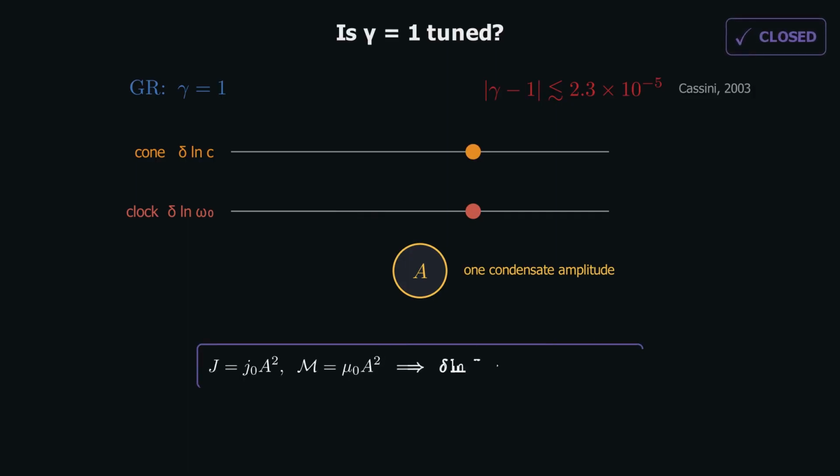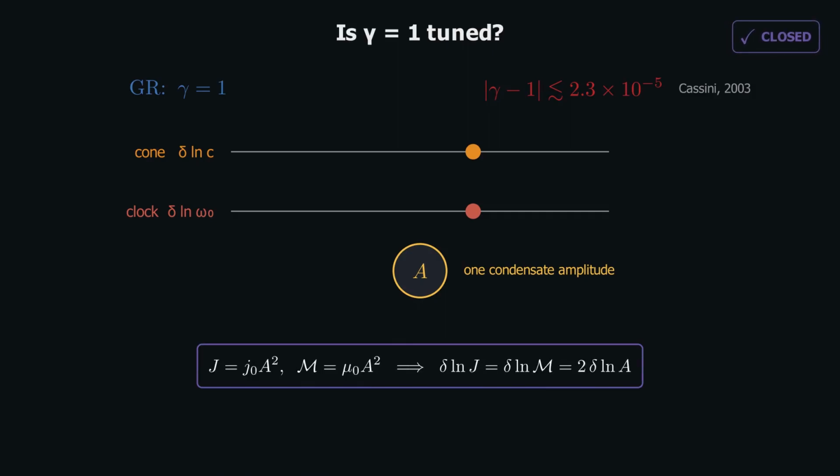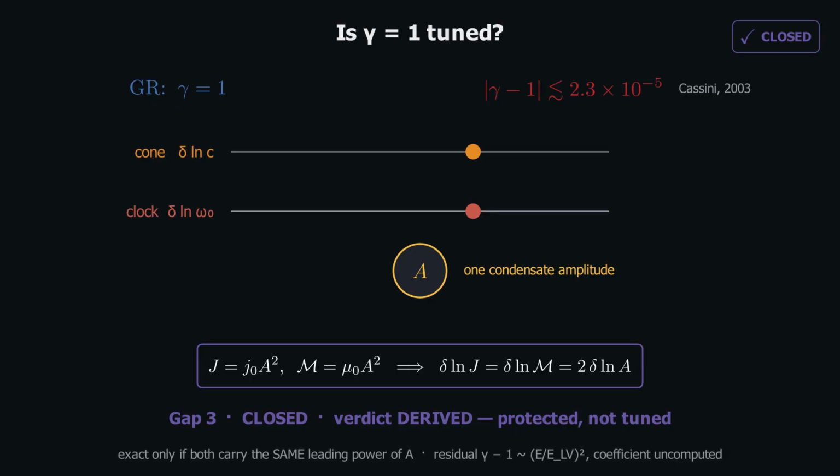The stiffness goes as amplitude squared, that is the standard superfluid helicity modulus. The locking goes as amplitude squared to the standard Higgs-type gap, and an ordinary energy source has exactly 1 handle on a 1-order parameter medium. It depresses the amplitude, so both move together to all orders. Gamma equals 1 is protected, not tuned.